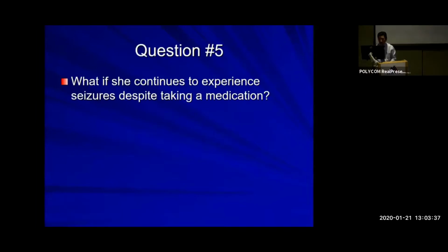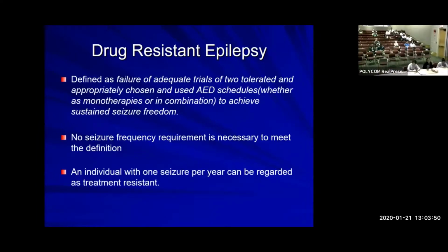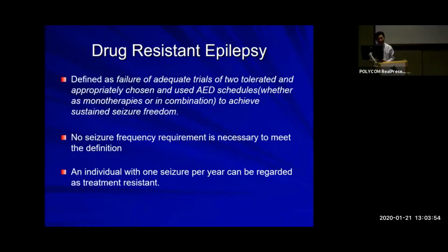And lastly, what happens if she takes the medication, but she's still having seizures? What do you do then? Well, the question is, does she have drug-resistant epilepsy? Drug-resistant epilepsy means that you failed 2 drugs. But it means that you failed 2 appropriately chosen drugs at adequate dose. If you start it and they have side effects, you can't titrate, that doesn't count. They have to have good trials of 2 medications. If that's the case, then you have drug-resistant epilepsy by definition,